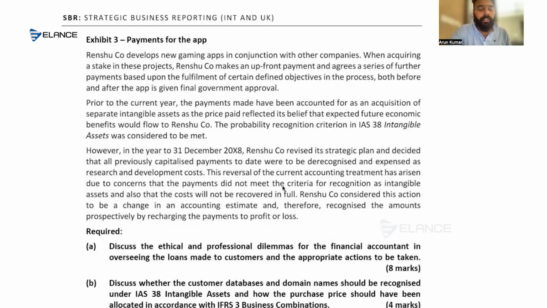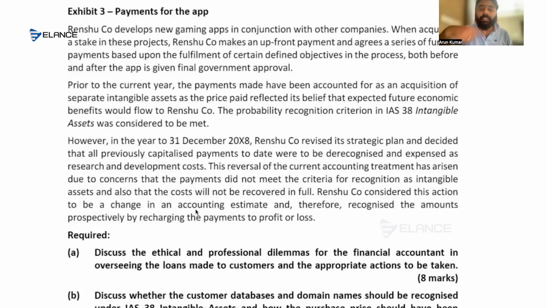It does not constitute a change in accounting estimate, because if it's a change in estimate, they can simply make the changes prospectively. But here it should be either a case of prior period error. You might have made some error in recognizing it as an asset previously. In that scenario, it's a prior period error, or there is a change in the overall policy. So there are two options. Either we should account for it as a prior period error and make the changes retrospectively, not prospectively, or we have to check it for impairment.